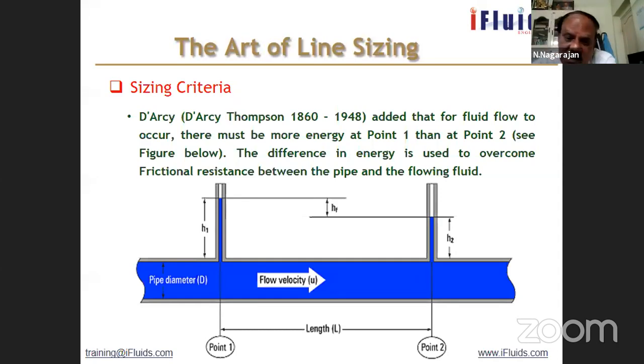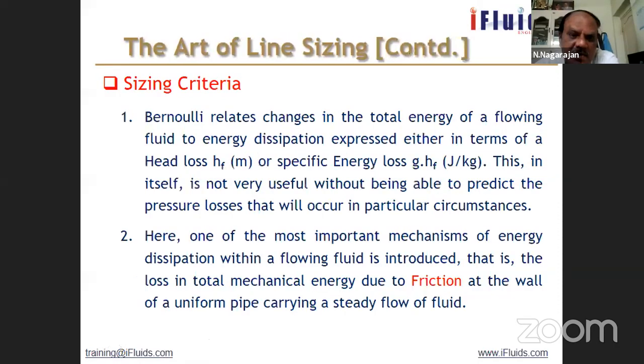So what is the energy spent? Let us say 0.1 to 0.2. You can see the energy. You can just put a line here. Okay. It's like a manometer. So here energy is more, the liquid column is H1. By the time it reaches here, it loses some energy. Here the liquid column is H2. So the difference between H1 and H2 is HF. HF is the frictional loss. It's a head loss. Okay. This is how the fluid flow happens in the pipe.